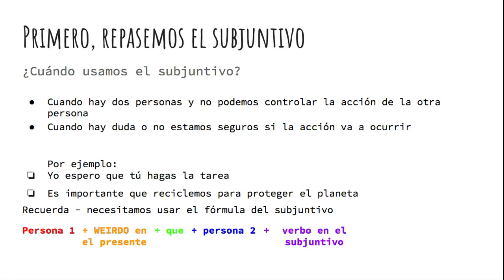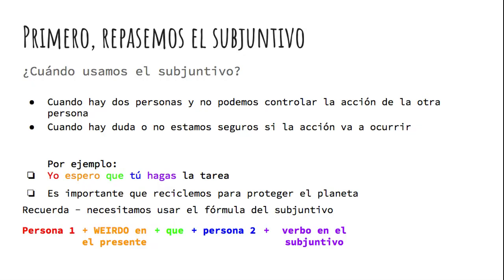as we see here. So in our first sentence, person number one is yo. Our verb in the present tense is espero. We have our que connector. We have person number two, which is tú. And we have our verb hacer, which is conjugated in the subjunctive form for our person number two. We can see this follows the formula exactly, which is why it makes sense, and it is conjugated appropriately for